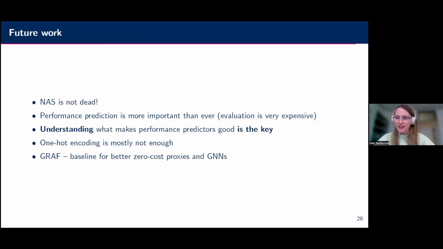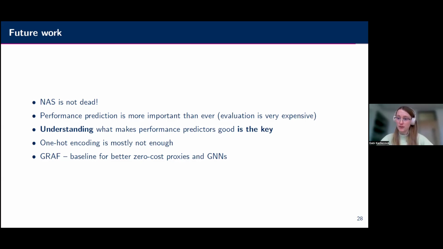All right, so I hope that everybody understands that NAS is not dead. We can still speed things up, even for LLMs. For example, you still get some hardware predictors for supernets. We can still use our NAS methods. And I feel like performance prediction is more important than ever, because just getting rid of the really bad networks is really important if you want to save costs.